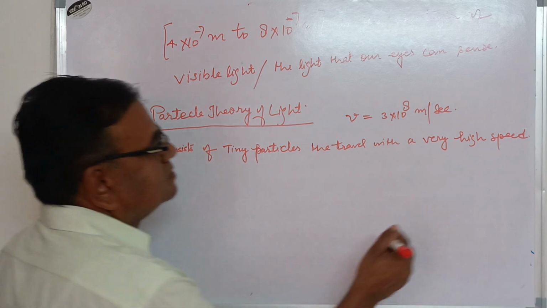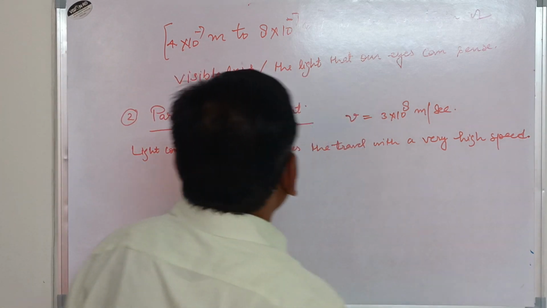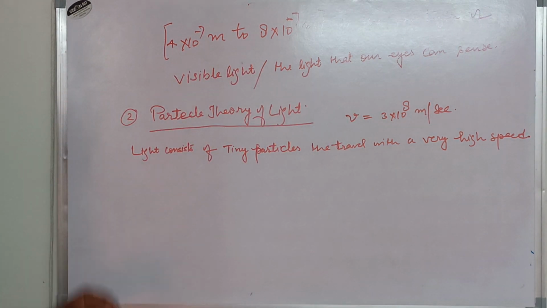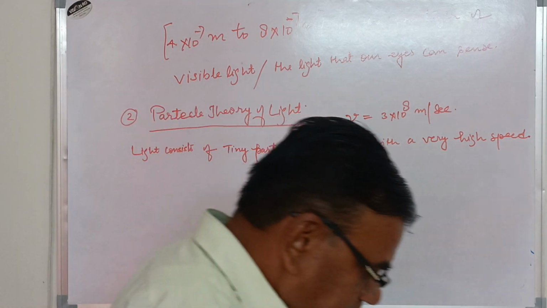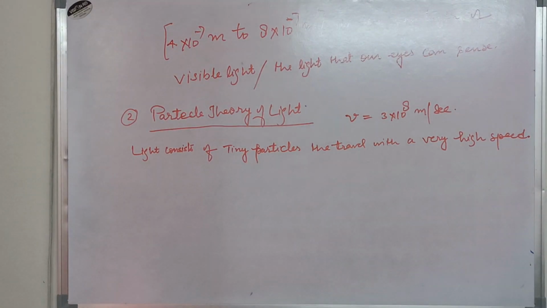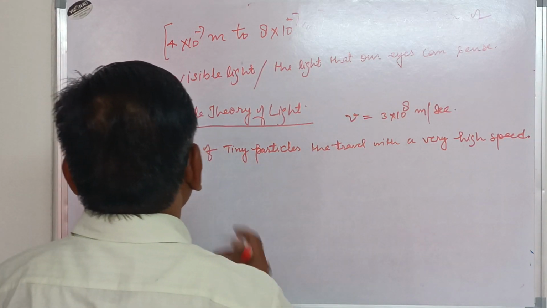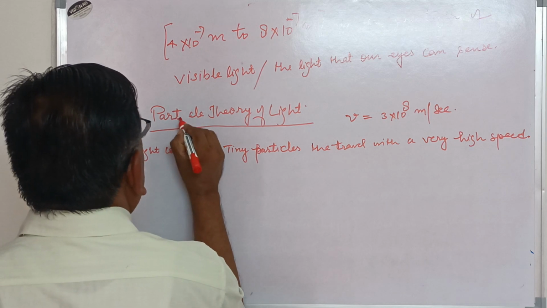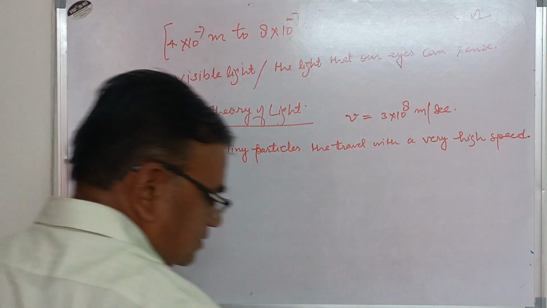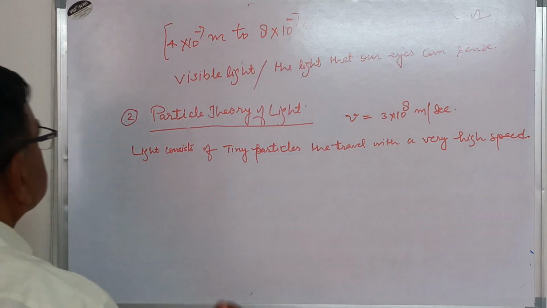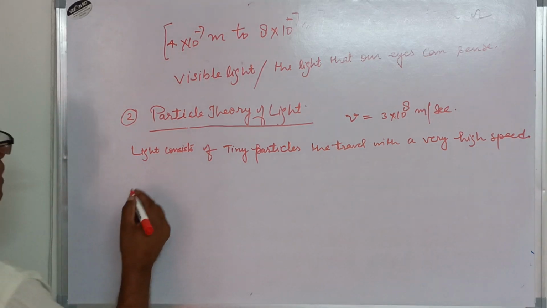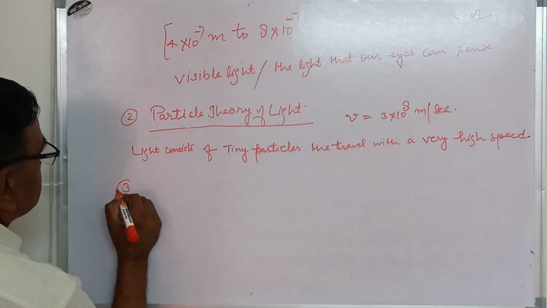So this theory says that light has the particle nature. And third one